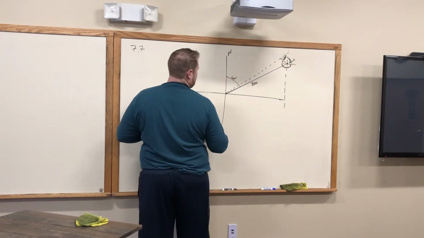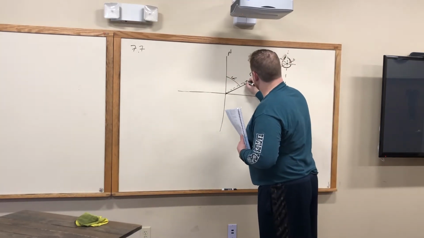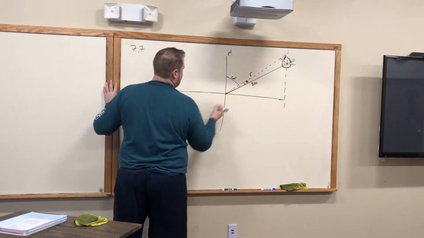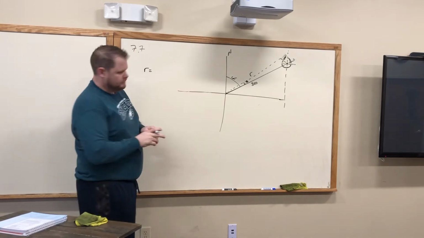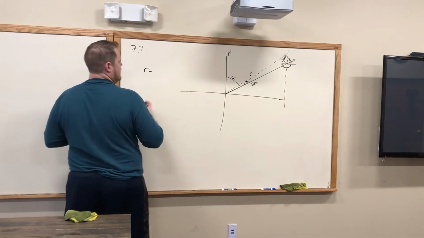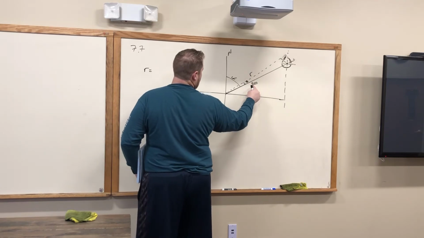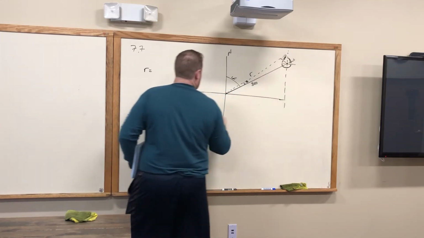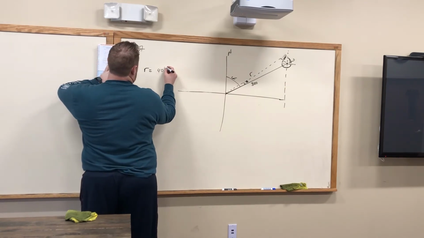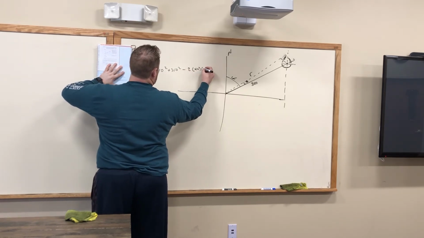What we're looking for is that line right there, so we're looking for R and theta. So what's our R going to be? Well, R equals what? So using our law of cosines, which is this R, is going to be that, and then cosine, right? So here we go. It's going to look like this: 40 squared plus 350 squared minus 2 times 40 times 350